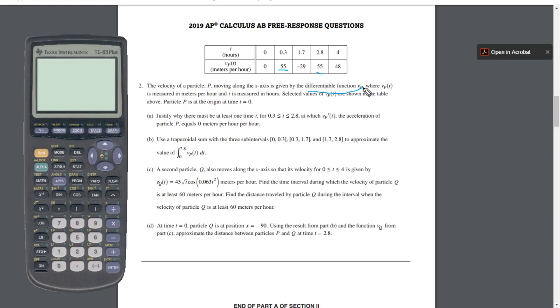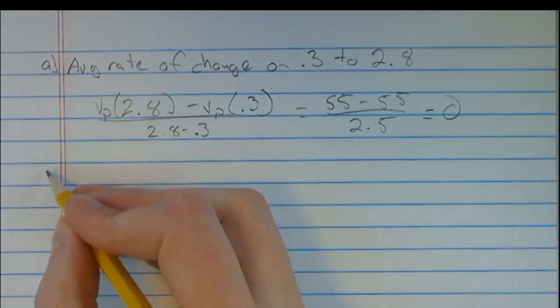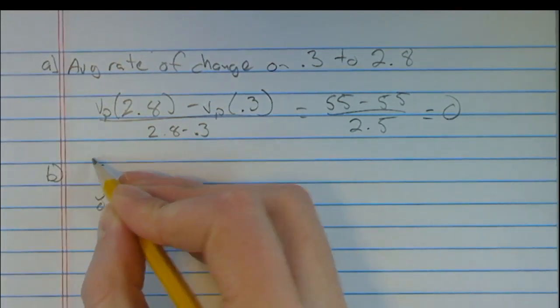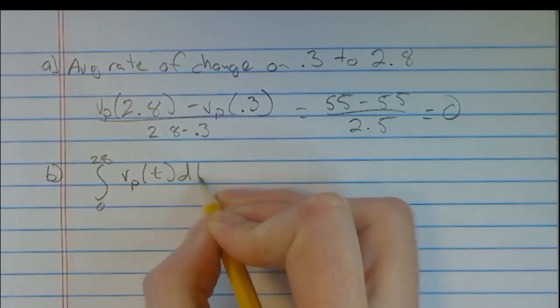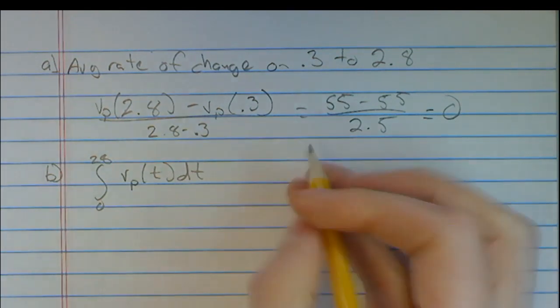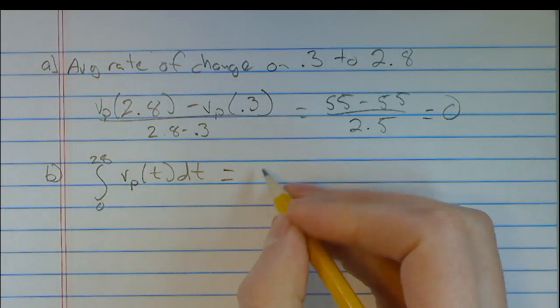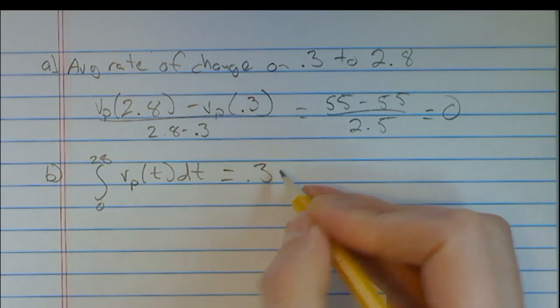For b, use a trapezoidal sum with 3 subintervals to approximate the value of the integral from 0 to 2.8. All right, so we want to find the integral from 0 to 2.8 of v sub p dt. We're going to do this with trapezoids, so we're breaking this into 3 pieces. We will have 0.3, the width, times the average height,